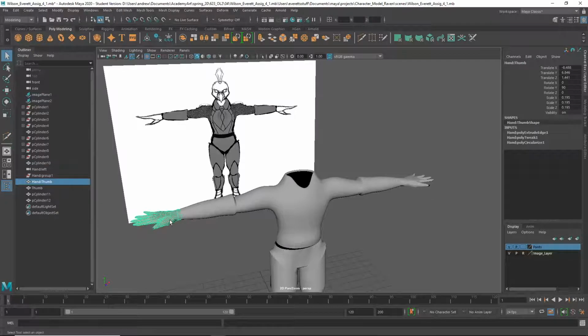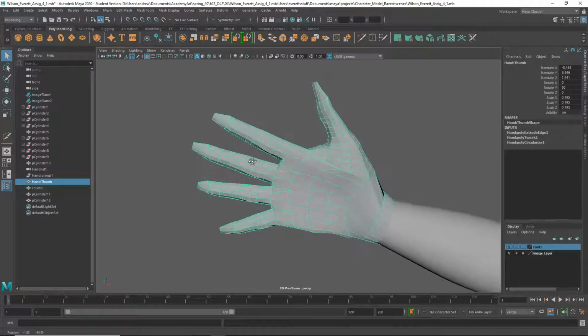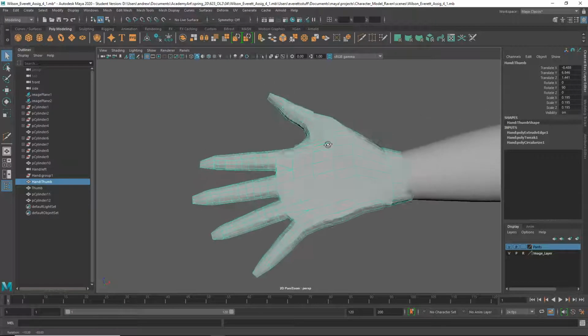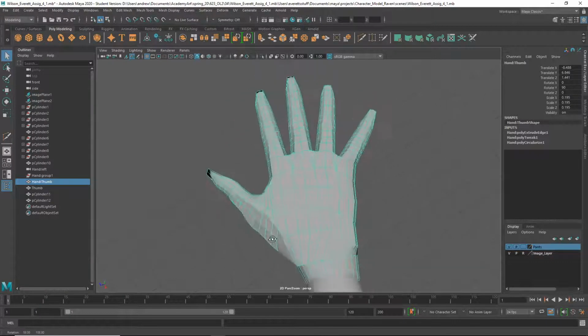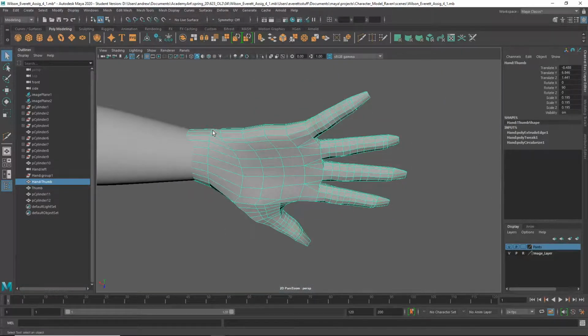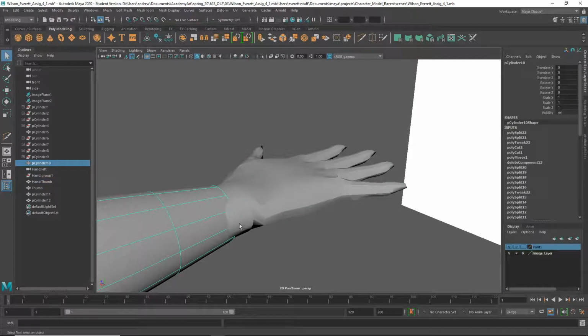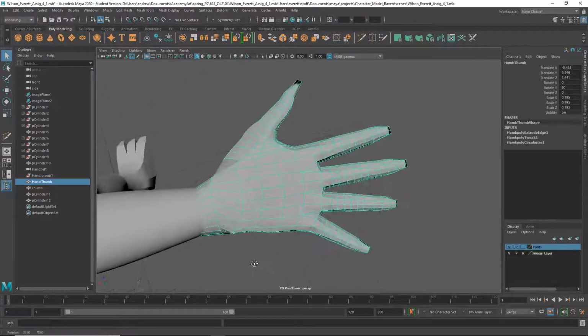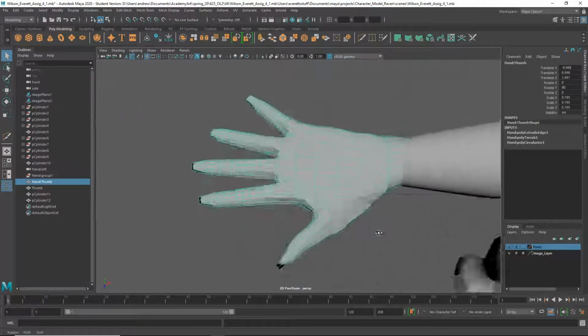Let's take a look at the hands. Yeah, I think you just need to work on this bottom part here that's looking a little funny. And yeah, this is looking a little twisted, and oh, it's not connected to the arm. I don't know what happened here, but